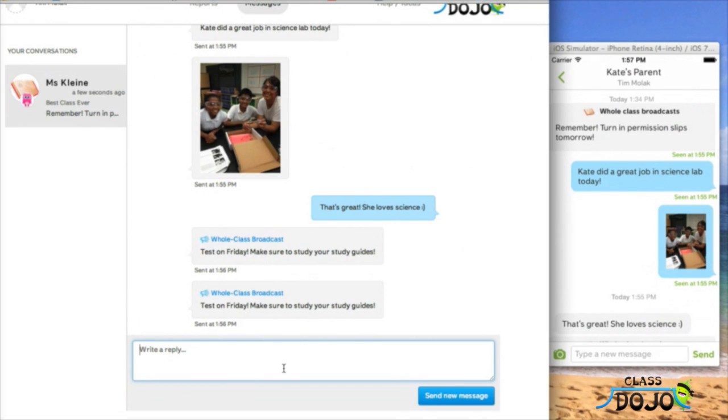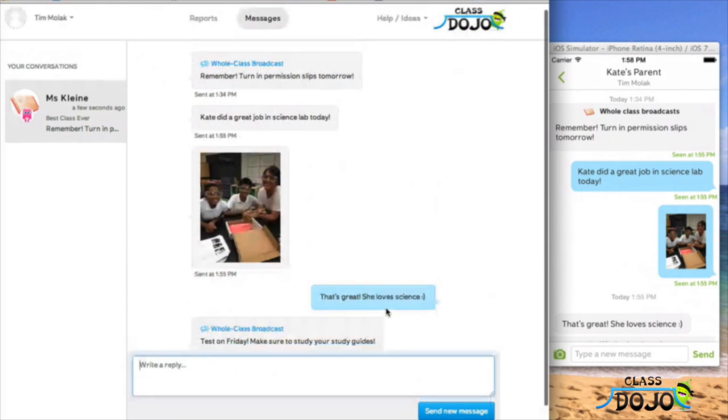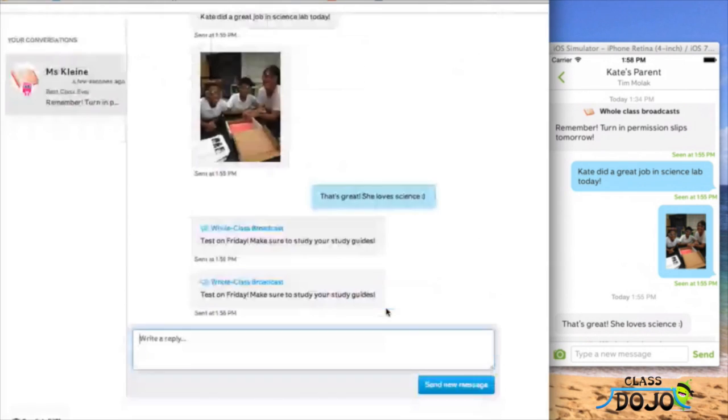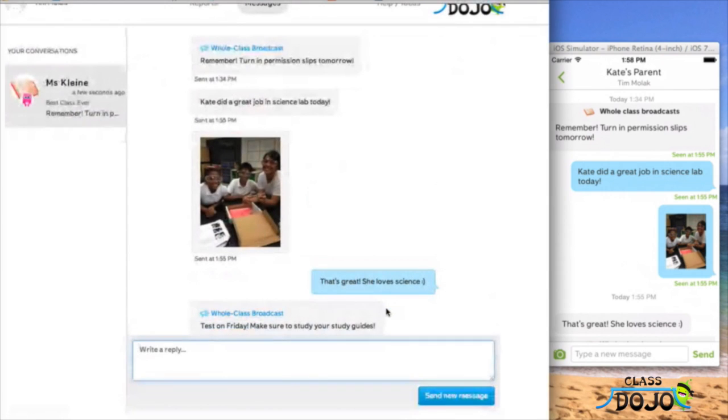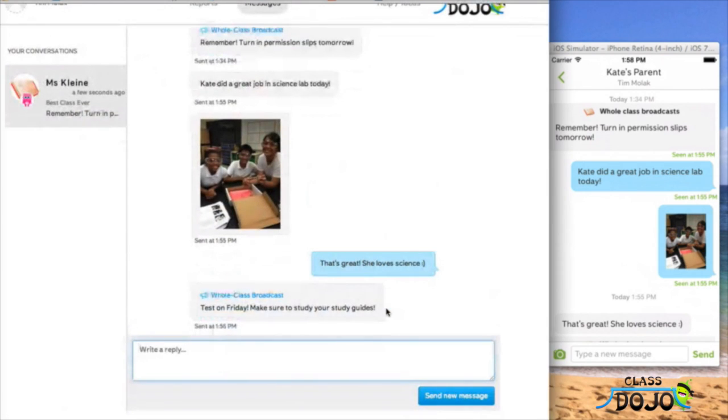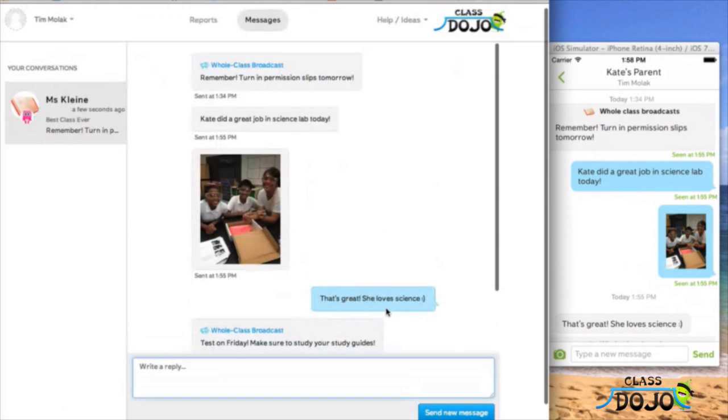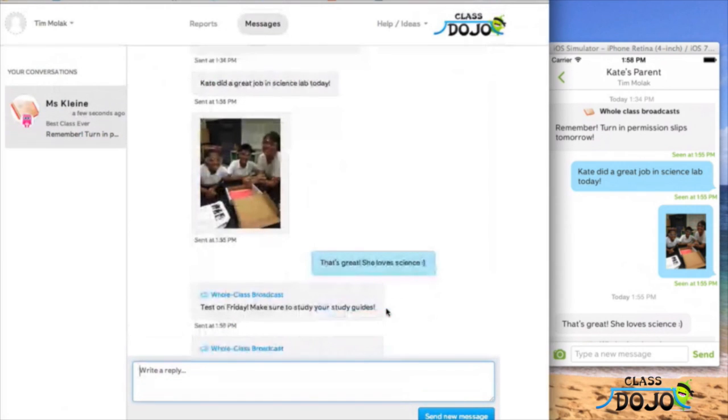Jenna, is there any way for a teacher to download or archive any of the messages that are either out towards the parents or back from the parents? Your messages do stay in your account. They're saved. There isn't an exporting feature right now, but that's definitely something we're working on, so that you can have a record of your conversations, not just in the app, but that you could export into an Excel file, something of the like.